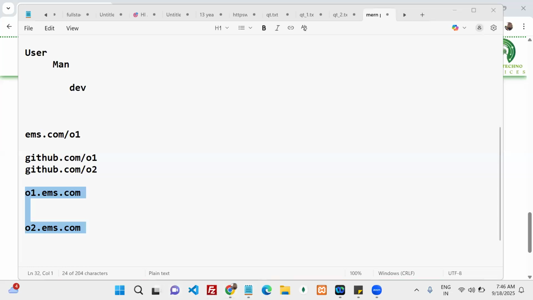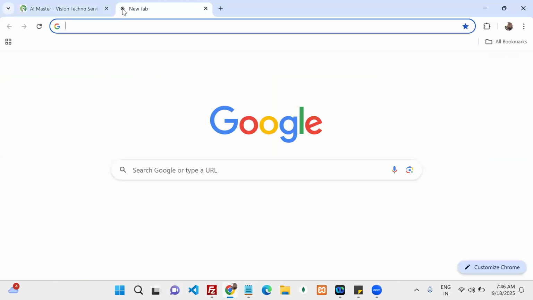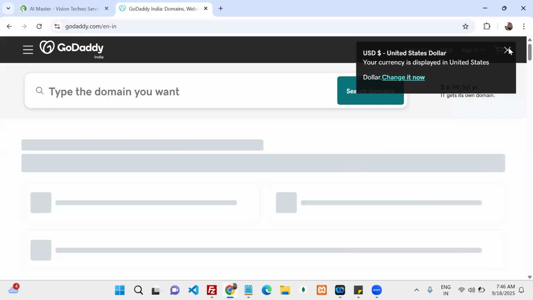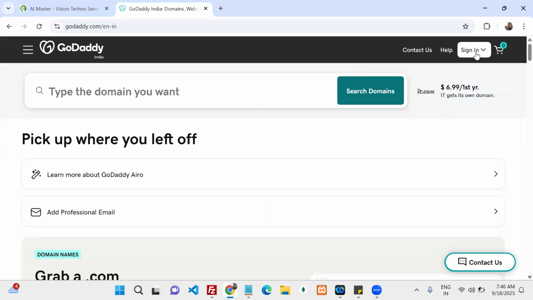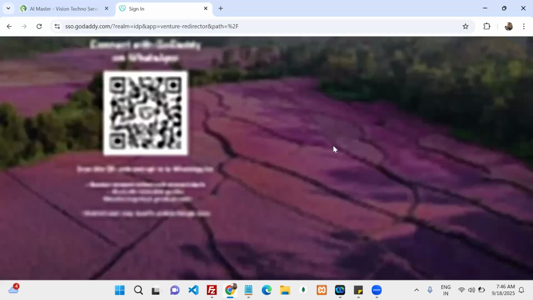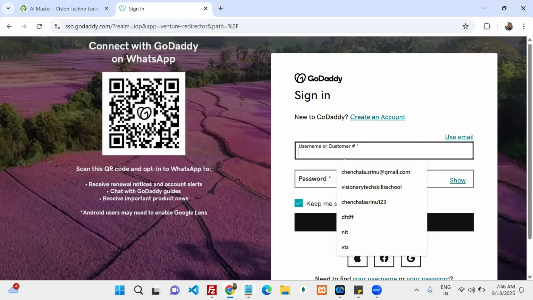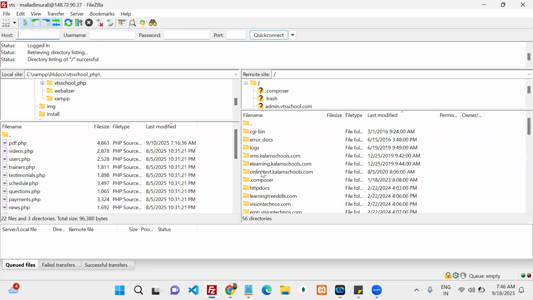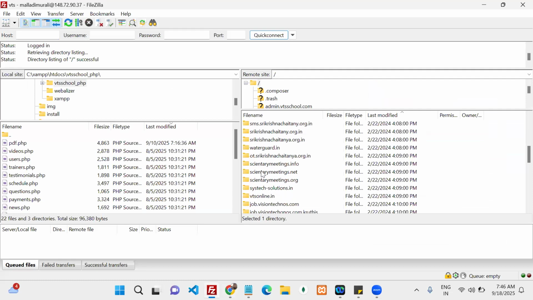If you open this, you can take GoDaddy for example. Here I can show directly. See, whenever I create some subdomains, every subdomain is treated like one more application.